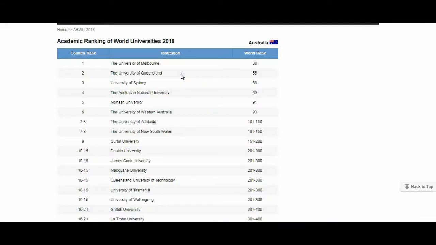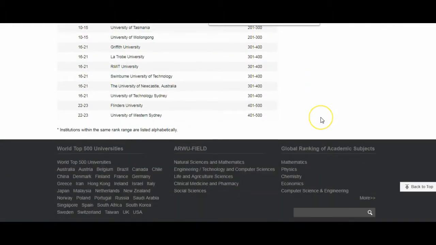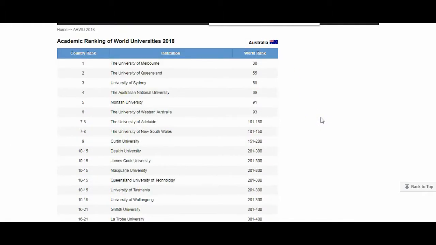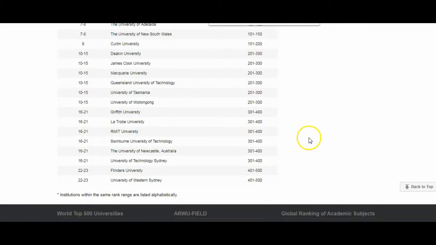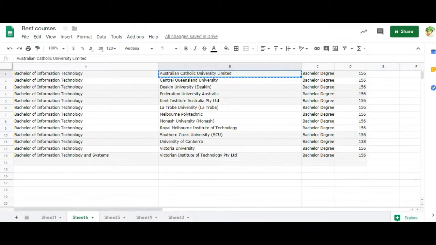and then go back to the ranking website and do Control F. You can do it manually, look for it manually if you like, but I find it easier to just do Control F, which opens up the browser search, and then Control V, which pastes it in. And you can see it didn't highlight any results here, which means that the Catholic University is not in the top listings. So we go back here, we mark this as none, and then we try the next one, which